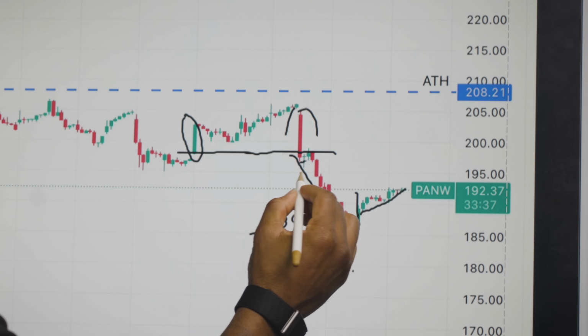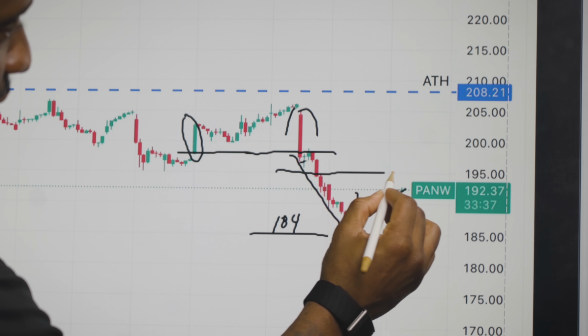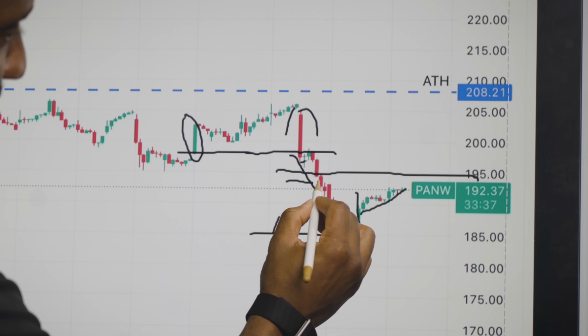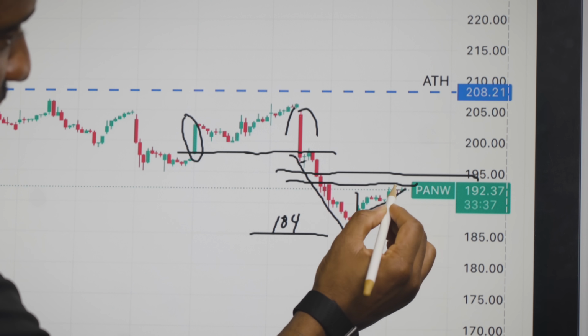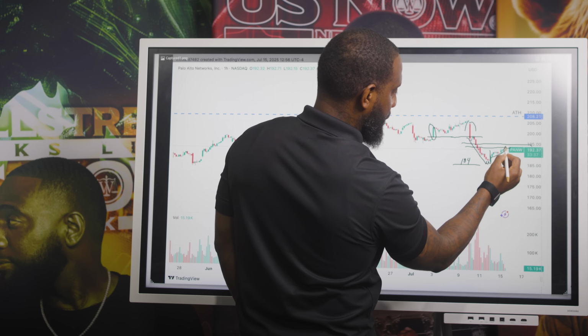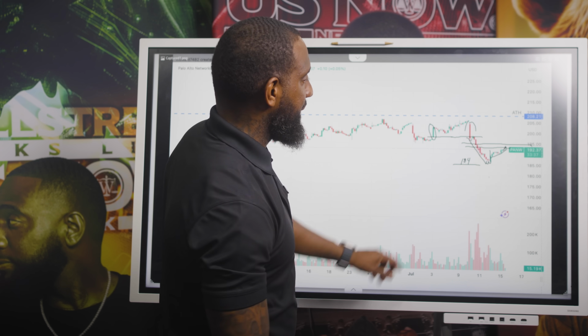And then if we look at it real good, that 195 is here. We'll cross that body, but then the 193 will put us across this body right here. And 193 will put us right there on that body. That means we got room to grow. That's what I'm looking at, man.